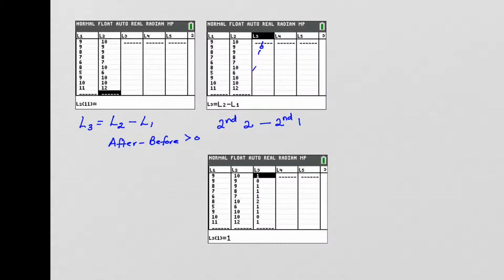Now, suppose I had decided to do a left tail test. So suppose I had said that the null hypothesis was mu sub d equals 0, and the alternative is mu sub d is less than 0. That's fine. In that case, I would have made L3 L1 minus L2. And then we're going to get the same p-value, same conclusion,